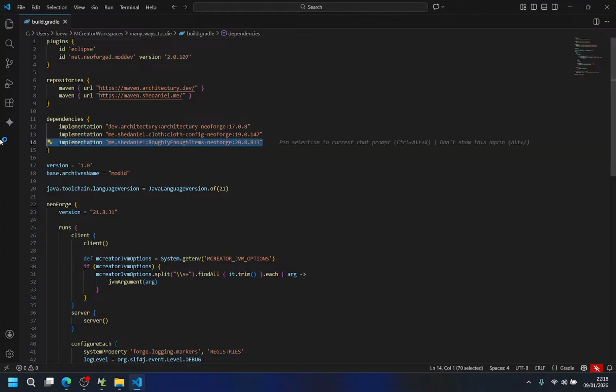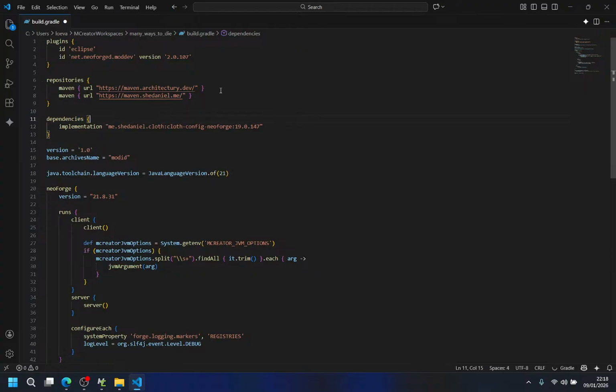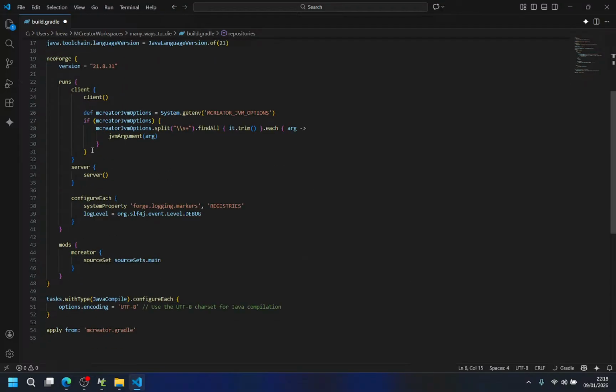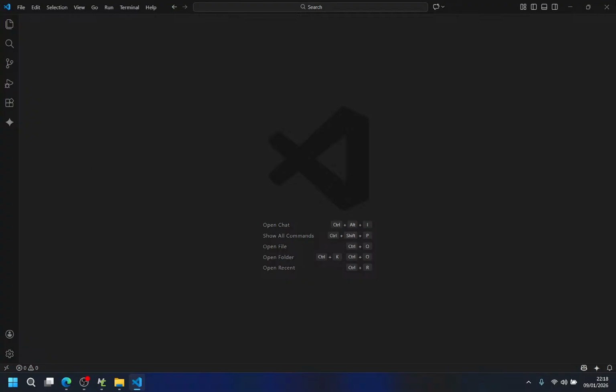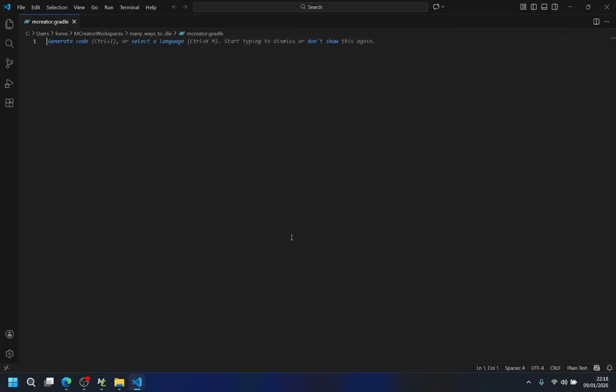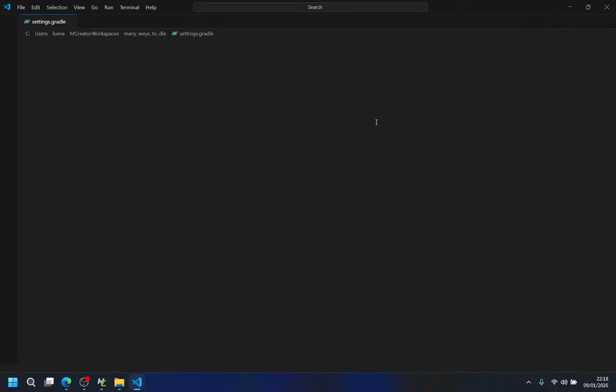So you configure everything there. I'm just gonna disable this and disable that, and also disable this, just because I don't want to get a bunch of things. Also, in build.gradle, there's nothing on this. No, there's nothing. Great. In settings.gradle, is there something?